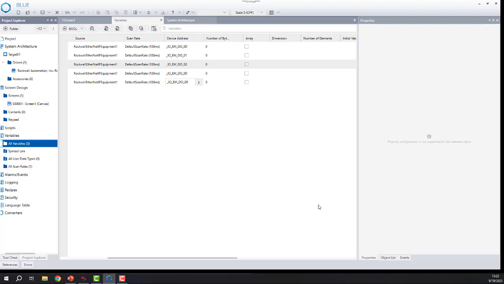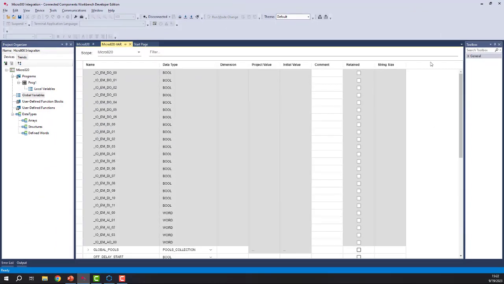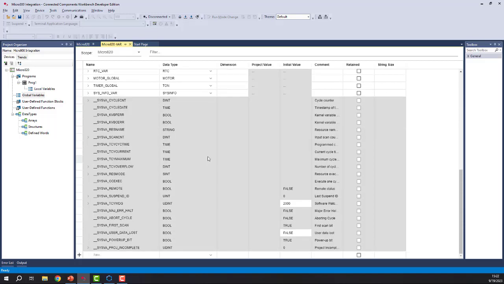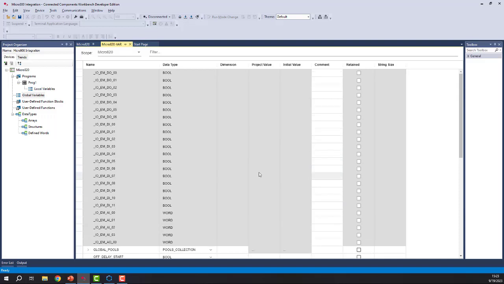Okay. So next we'll move on to the symbol import part. Notice all this stuff, for example these pools collection, these unique data types. You can program those names into the editor, but unless you do the symbol import, none of those things will actually function. So what we need to do in the software